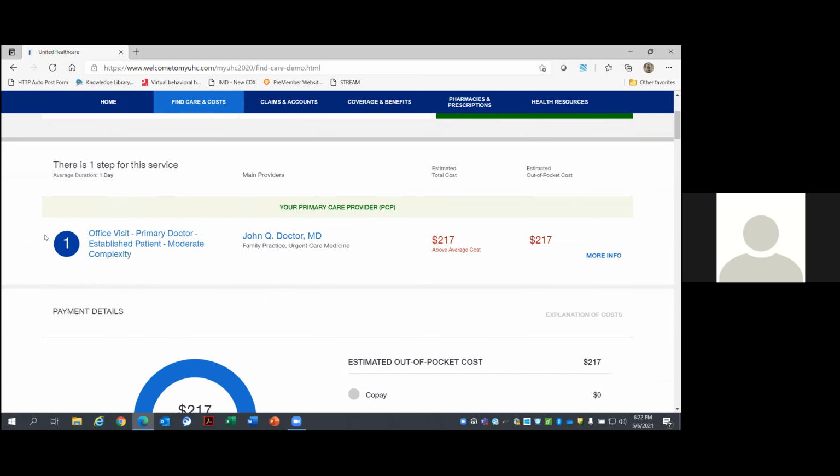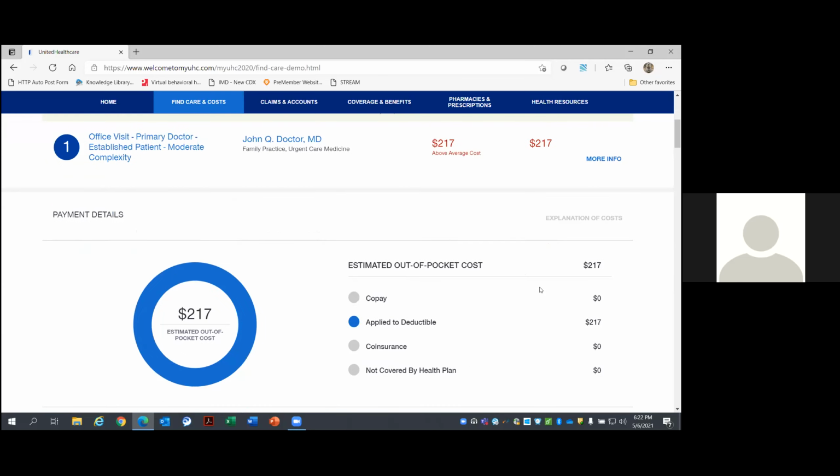So we're going to say, hey, the first office visit, you're going to be meeting with this physician. Here's what we're estimating your cost is going to be, and here's what's going to be out of pocket to you. And then we're going to say, okay, step 2, you're having your service done at this specific facility. Let's call it IU Health. IU Health is going to charge you this much for the service, and here's what you're going to pay out of pocket. And then you're going to have a follow-up visit with the same doctor. He's going to charge you X amount for this follow-up visit, and you're going to be paying that out of pocket. So a really great way to dive in and start estimating your out-of-pocket costs for healthcare services,